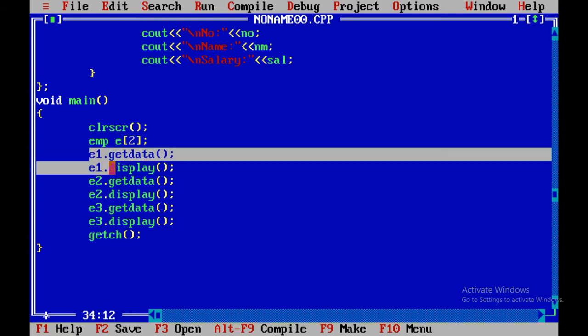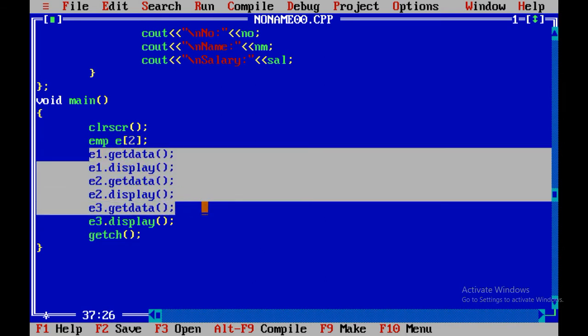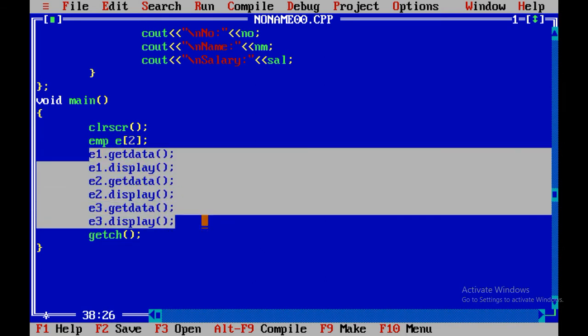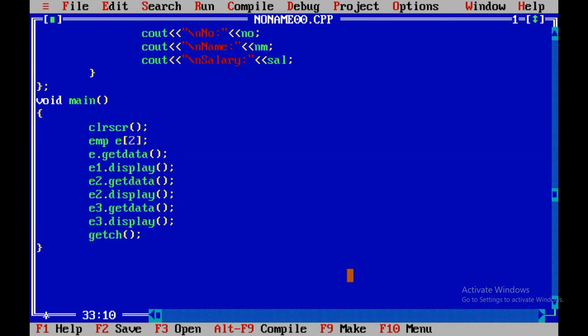But when you create the objects the other way, they refer to different memory locations. So now let us make changes in the program. You just need to write e of 0 for accessing the first element of the object, then e1, then e2.